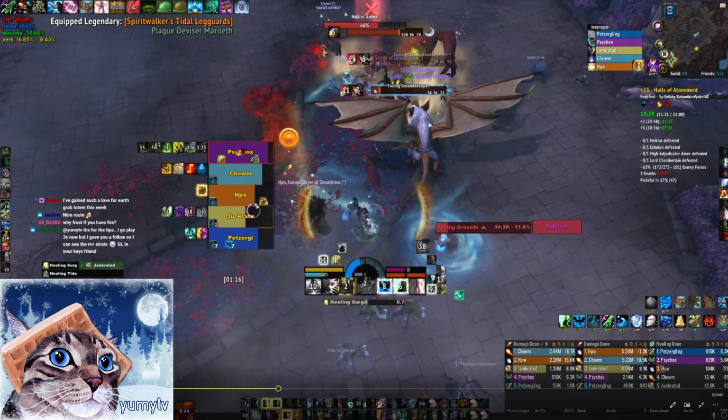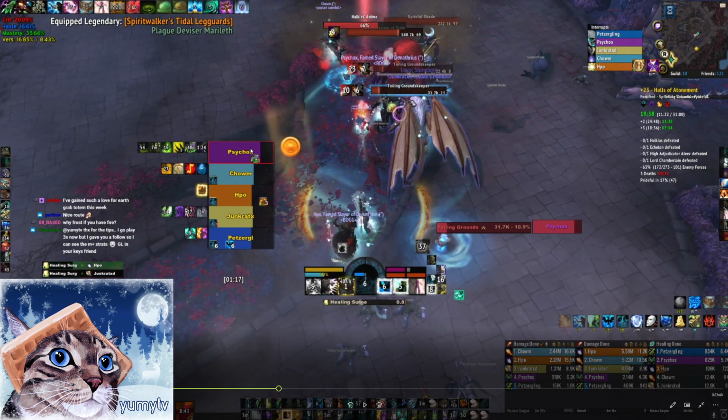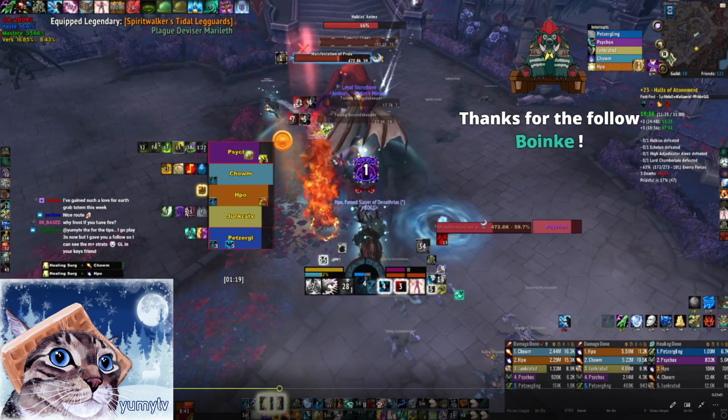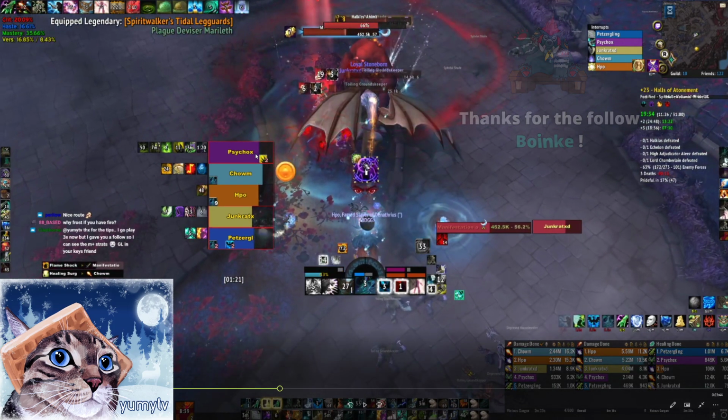These Groundkeepers hit really hard. So now is the situation where Psycho is in very big danger. His Fel Dev is running out, and he's going to have basically nothing to stay alive. My Earth Shield runs out. This is where I was a little bit...